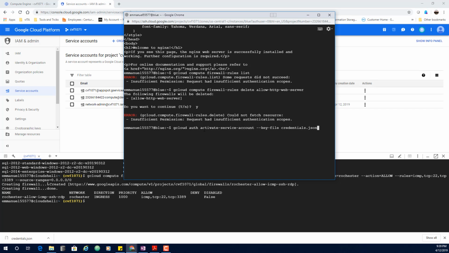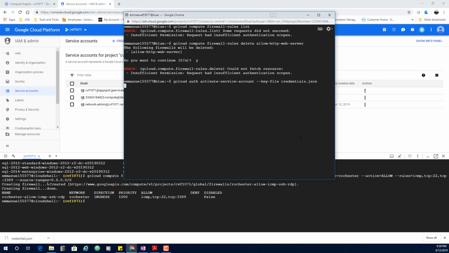So I'm saying authorize, activate service account, and the only way I can authorize it is to provide my private key, which only I have. If I do that, now this machine has been authorized. You can see activate service account credentials for network admin at